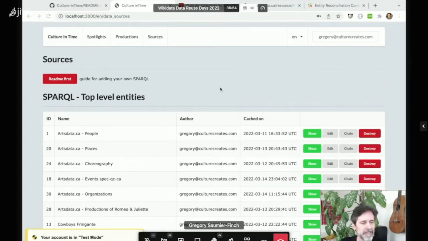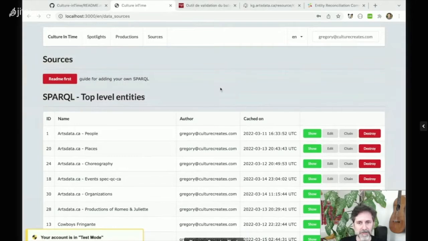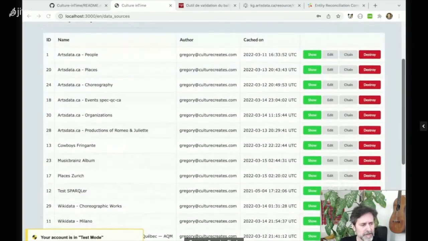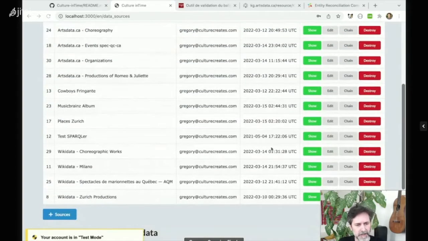Very good. So the way Culture in Time can pull in performing arts productions is by allowing you to create your own SPARQL query. You just need to create an account and you can add a SPARQL query. So let me show you an example. Here I've created a SPARQL query for